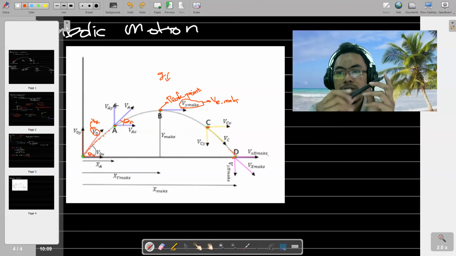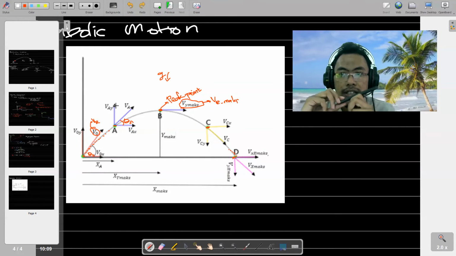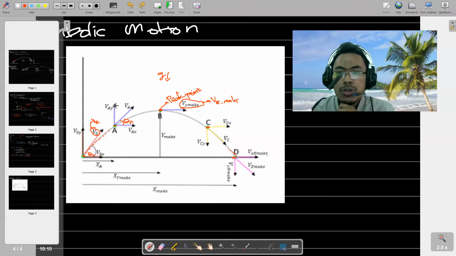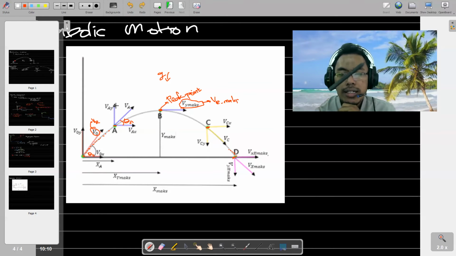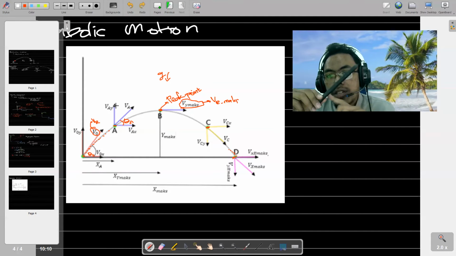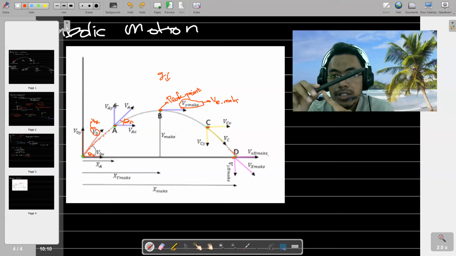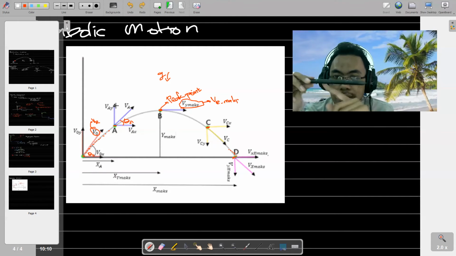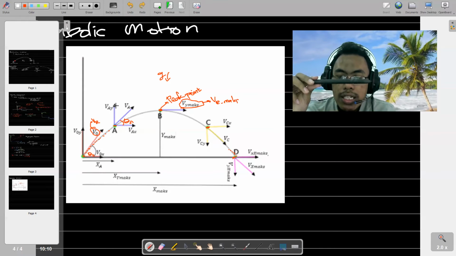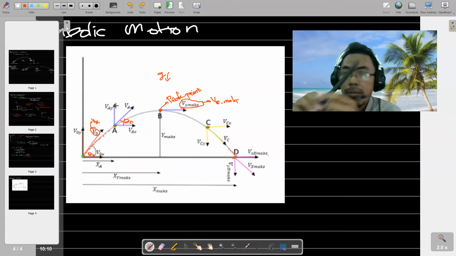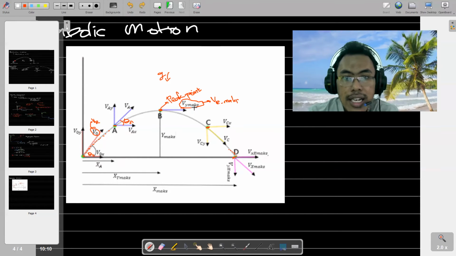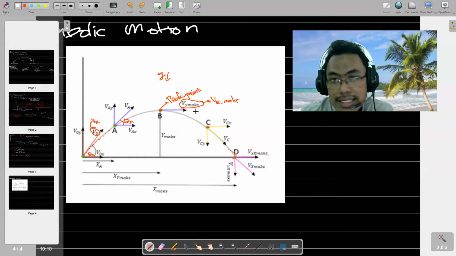So at the initial point, the direction is like this, but when you go to the highest point, the direction of the velocity will decrease and decrease, and finally it will be parallel with the x-axis. Jadi lama kelamaan arahnya akan mendatar, seperti ini, sehingga dia hanya memiliki komponen X tanpa